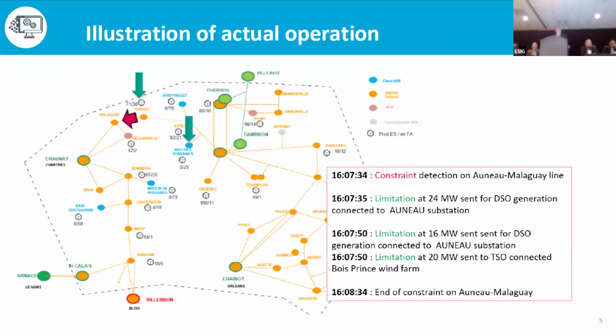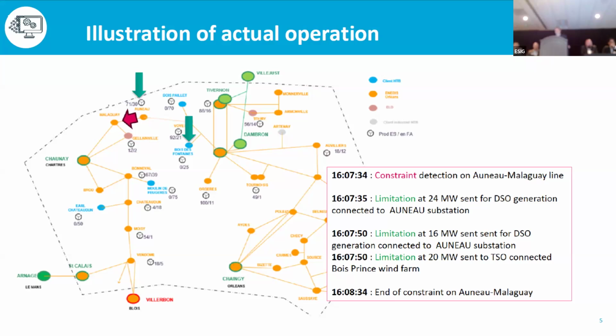So to give you an idea of what we're dealing with a little bit closer, this would be an illustration of actual operation, and this is also to give you a sense of the kind of network configuration that we're talking about. So these are mesh networks, but these are sub-transmission networks, so they are not very large. But there's still a lot of things that you can take on a single contingency, depending on the flow, on the local conditions, on what's going on. There's still a lot of complexity in the levers that would be optimal in this situation.